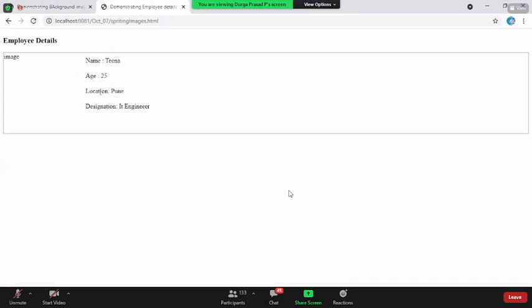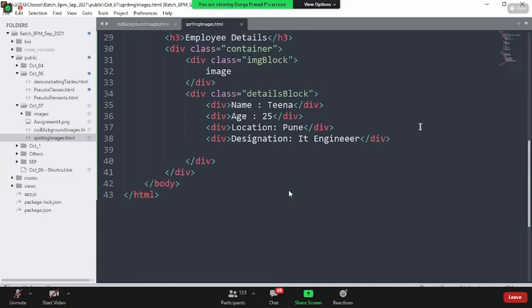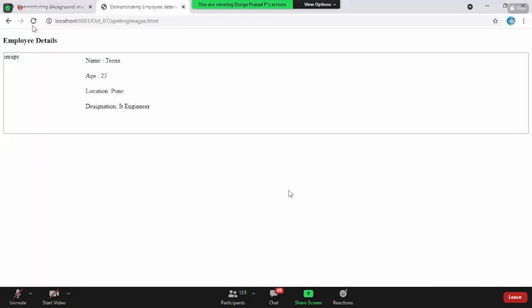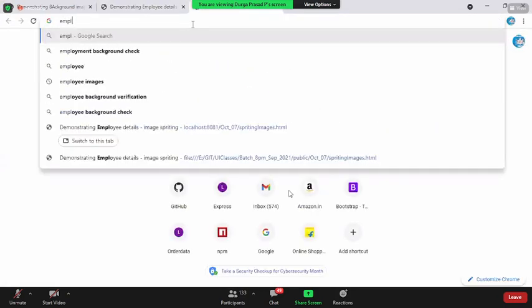I just added them because in tomorrow's class, I'll talk about padding, margin, and the box model. As the look and feel was not looking good, that is the reason I have used that. So this is how one of the employee details is coming. I would like to add some image for the employee. So let us get some employee images here.